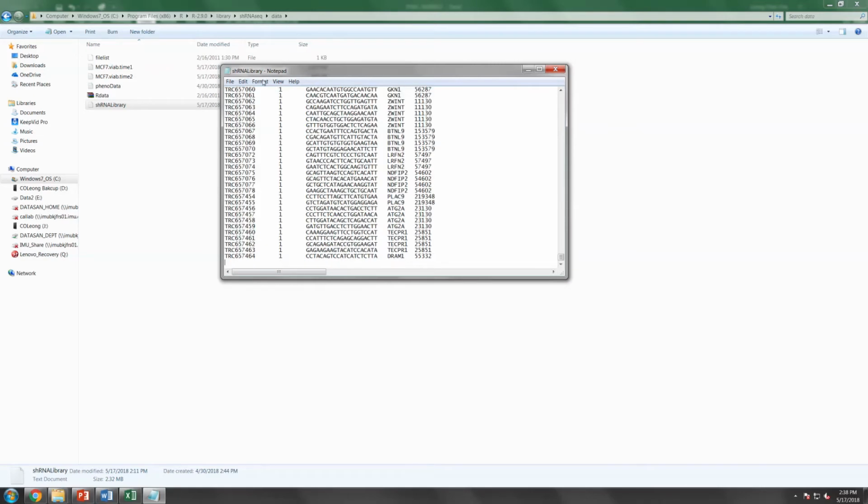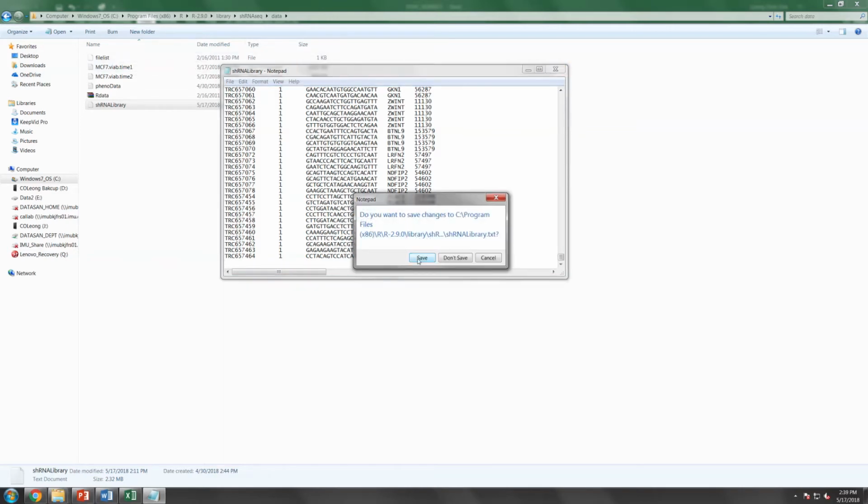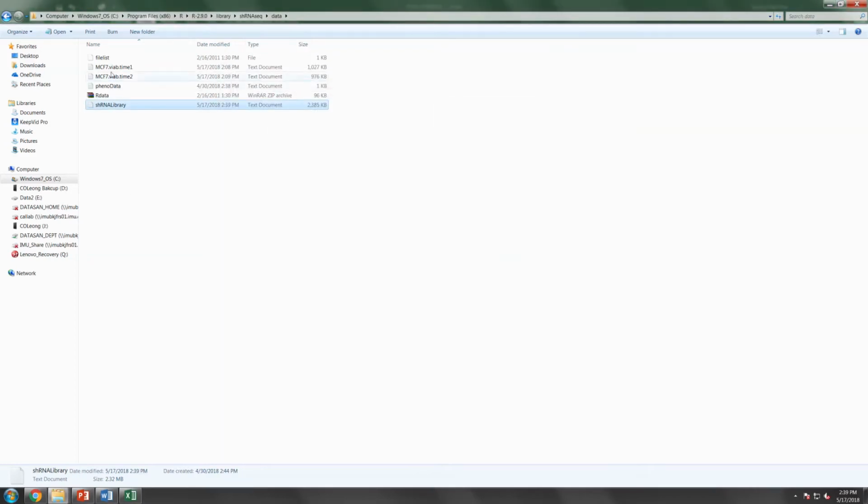So what is important is that this shRNA library annotation must match with the input that I'm going to put in for both the control and also the treated cells. So I'm going to save this. Now I'm going to